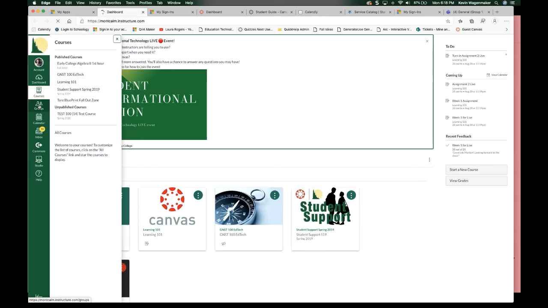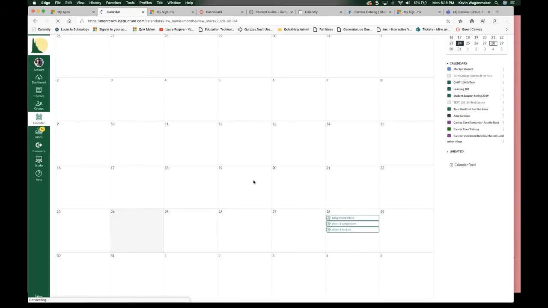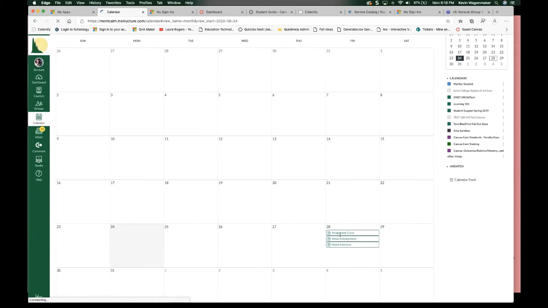If you're in any groups, you can click on that and go there. The calendar is another helpful tool because it will show you, obviously on a calendar, everything that you have upcoming. And you can click right from the calendar to go to those things. Inbox, you obviously know about. You can use it for messaging your instructor. All of these features as well are available via the Canvas mobile app. So if you don't have that, like I said, make sure that you go to your app store and get